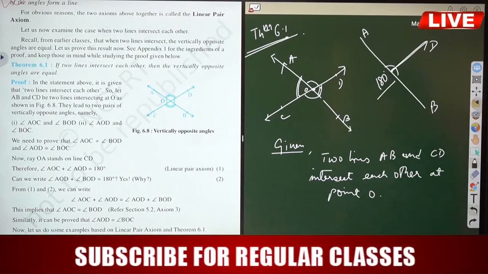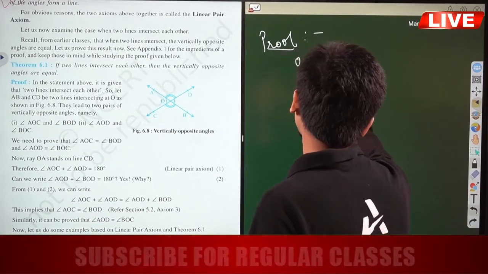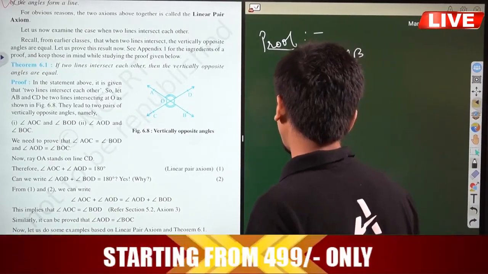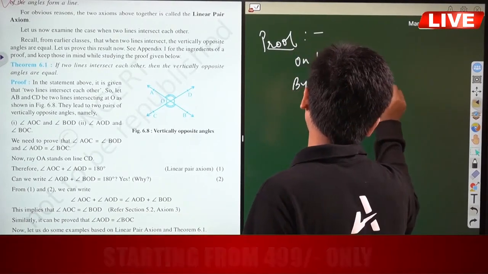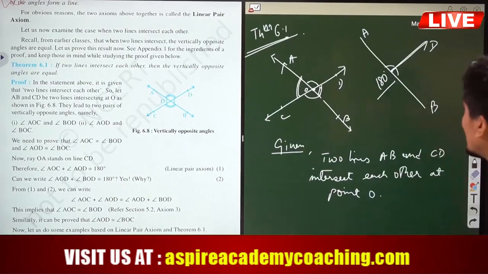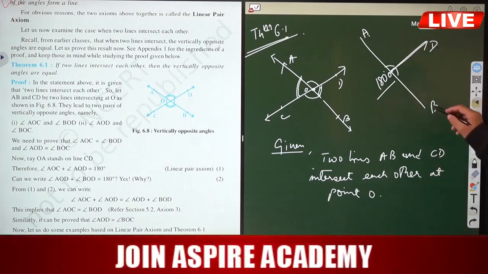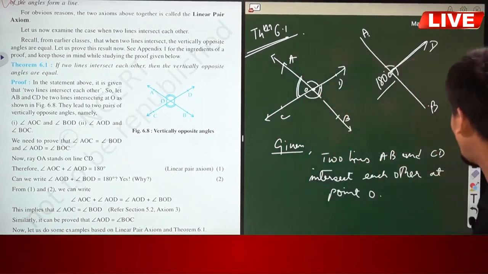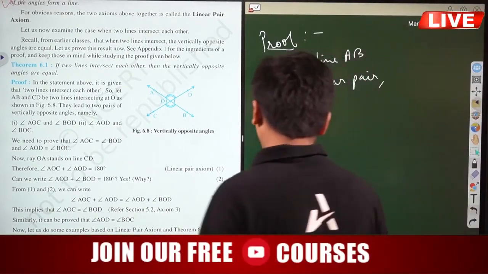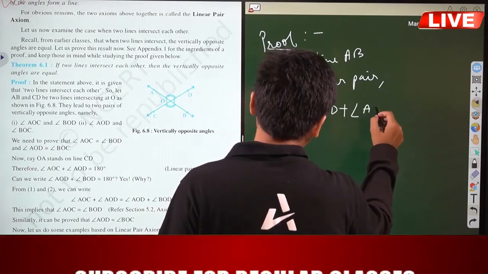That means for linear pair, on line AB by linear pair, what do we know? We have seen here that, if this is point O, angle AOD plus angle BOD is equal to 180 degrees, right? So by linear pair, angle AOD plus angle BOC,